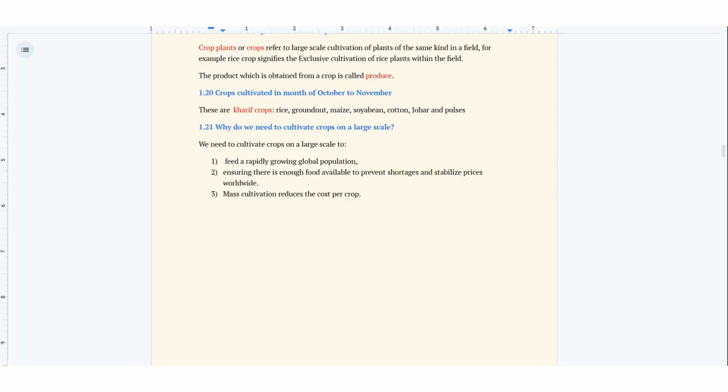So let's summarize. We need to cultivate crops on a large scale. There are 3 points. One is to feed the rapidly growing population. Second point is ensuring there is enough food to prevent shortages and stabilize prices worldwide. Third point, mass cultivation reduces the cost per